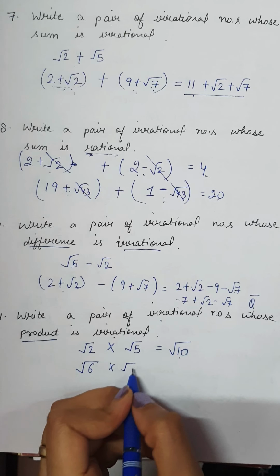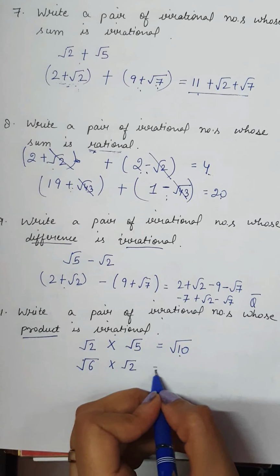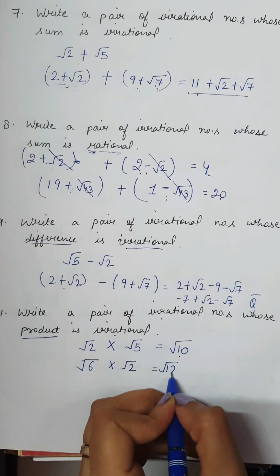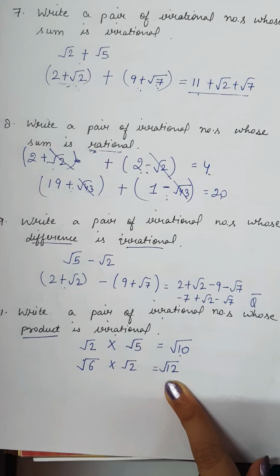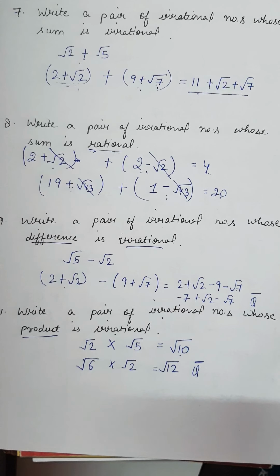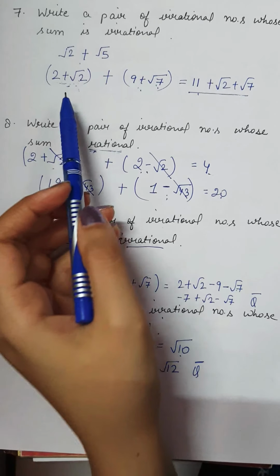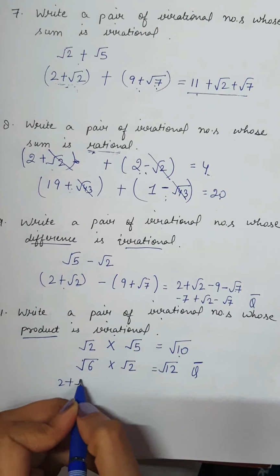Let's take under root 2. Both are irrationals, and the answer is under root 12. Do we have a perfect square of root 12? No, we do not have. So this is again an irrational number. Clear? If you want to write this kind of example, you can write them, 2 plus under root 2